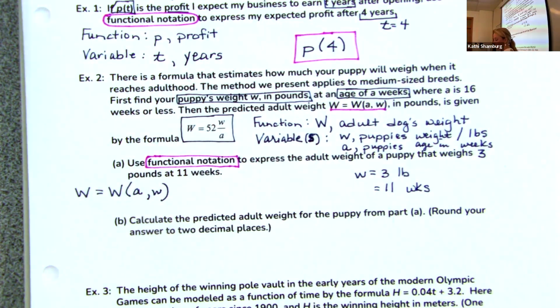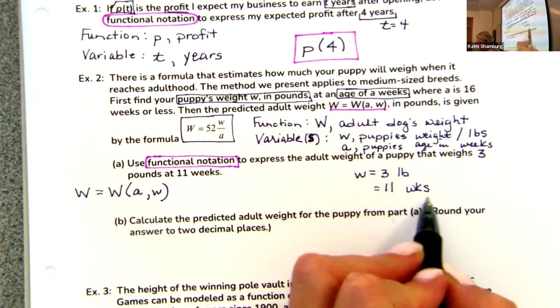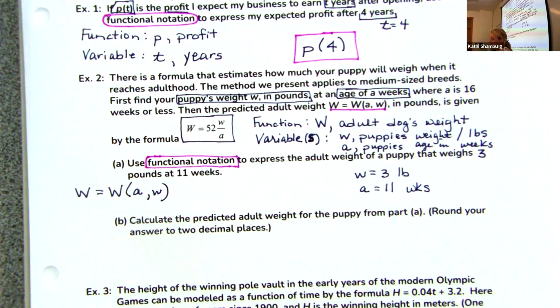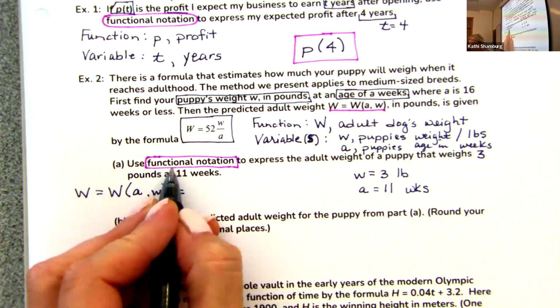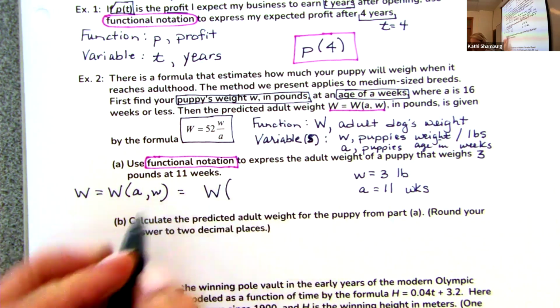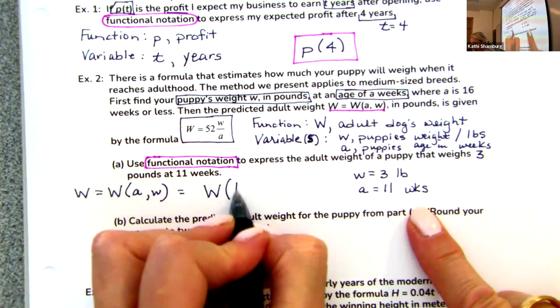And of course, I'm only left with the variable A, which is the puppy's age in weeks. So we know this is lowercase a, right? Now, another reason it's so helpful to define everything first is because notice when I put it in functional notation, I have the function W, and then notice A has to go first. And A is 11,